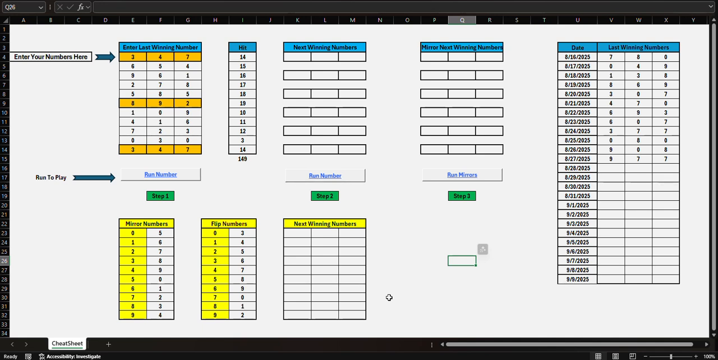This is a cool one because this one is based off of some codes I created. And what it does, it narrows down some numbers for us to play, which numbers came up when and everything else. So today we're going to go ahead and use some of these examples here. This is an example, but these are real numbers for